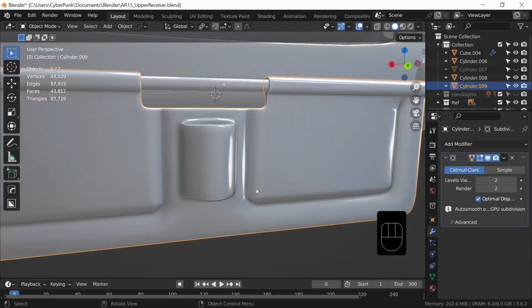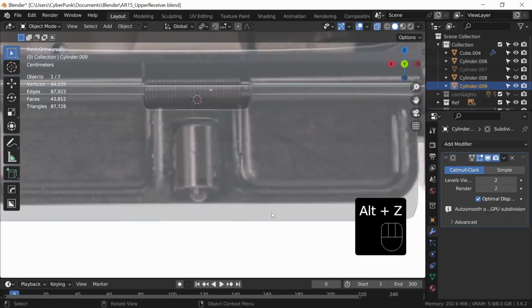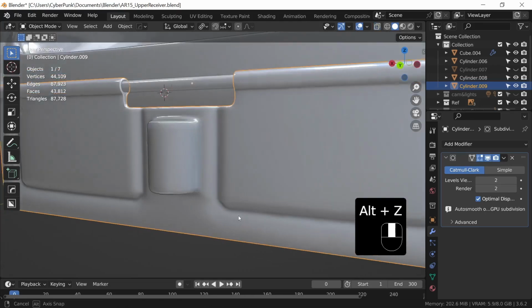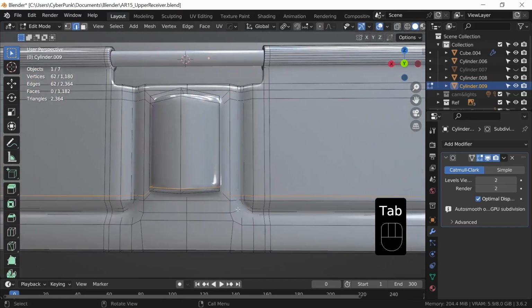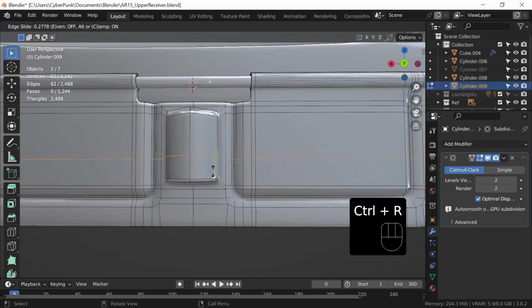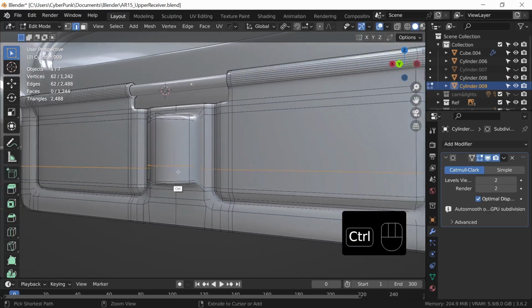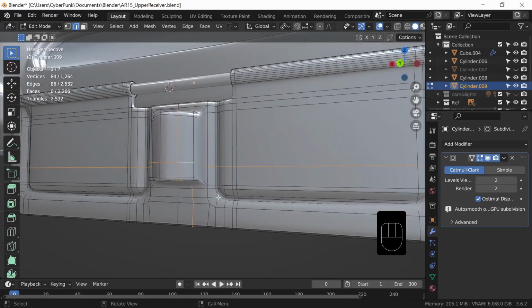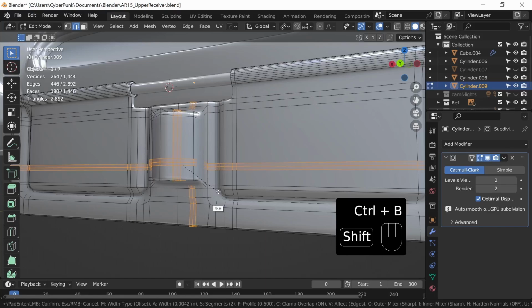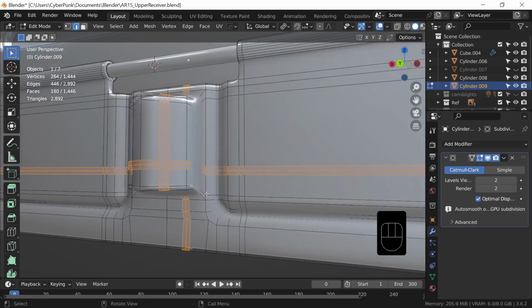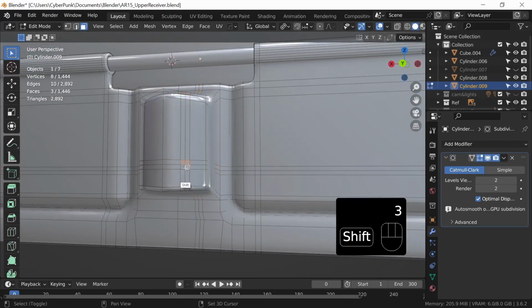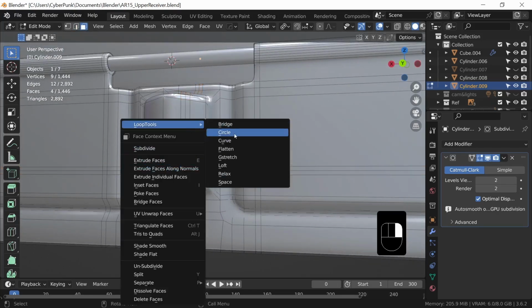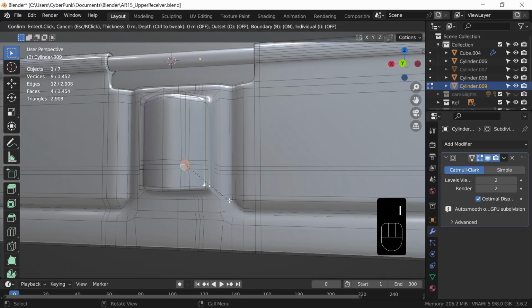Now, based on the reference image that I'm looking at on my other monitor, there's a little cutout or a hole, some little circular thing, so we can see if we can make that. Probably doesn't matter, but we can maybe do a Control R, bring a loop down here, and then maybe another one right here. And then select those two just like we did before. We'll create a little tiny little squares, I guess. And then press 3, select these inside squares, go to our loop tools, convert it to a circle, do a tiny inset,